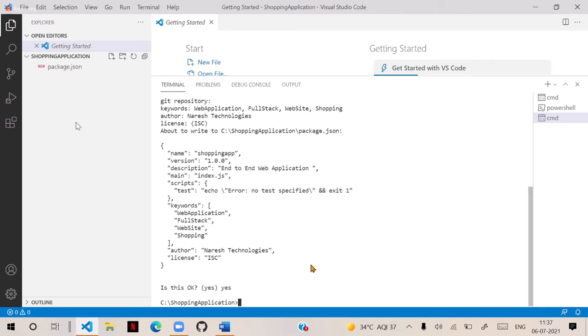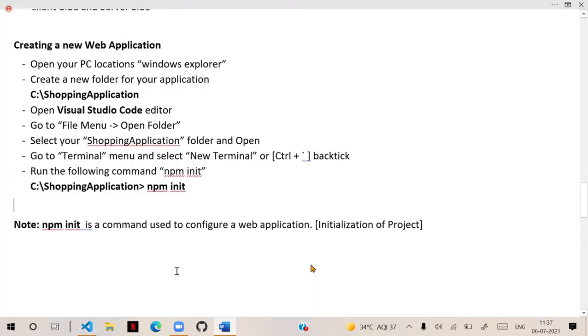This is very important for a web developer to understand: what is this package.json? What happens when I run npm init?